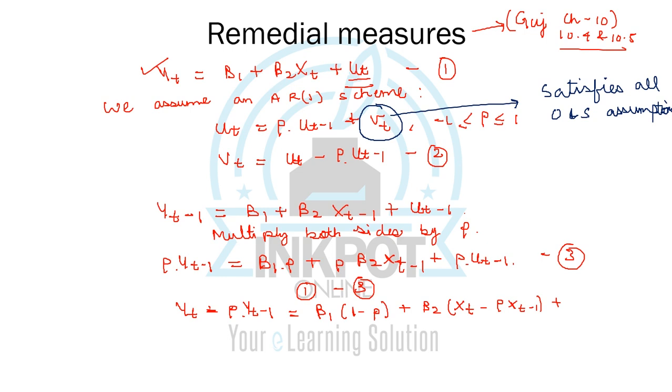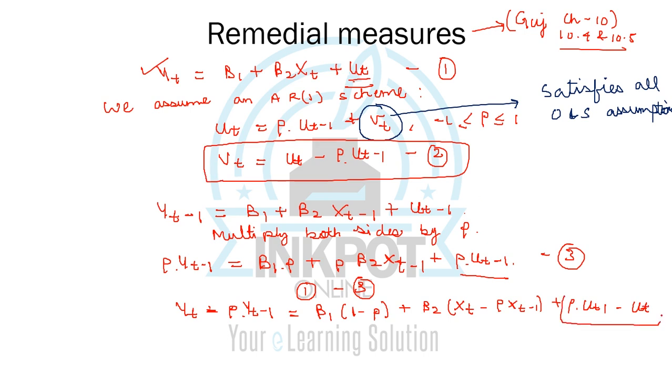If I take ut minus rho times ut minus 1, from equation 2 I can write this entire thing